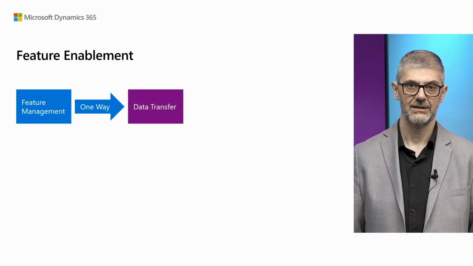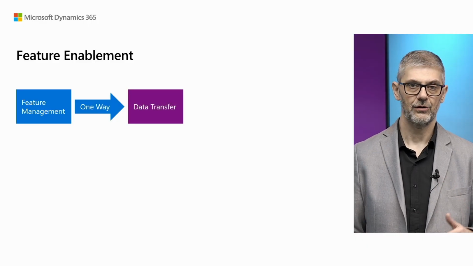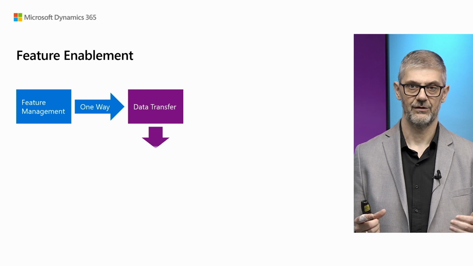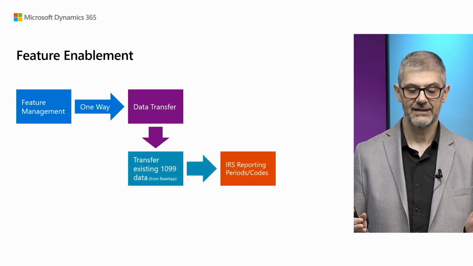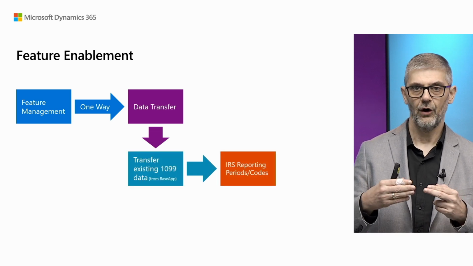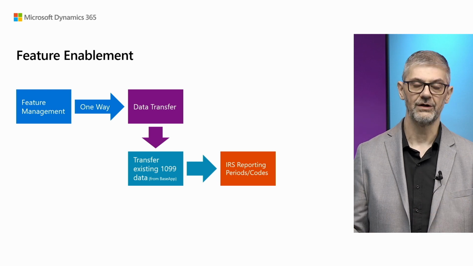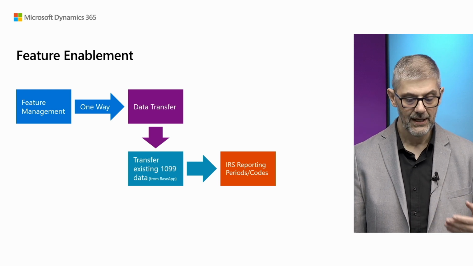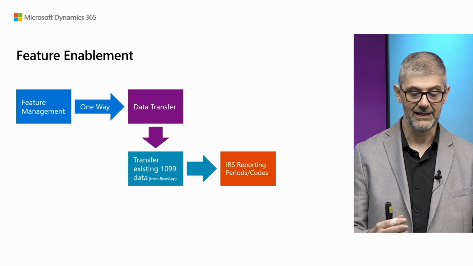Okay, let's briefly look at the main features and make an overview. Before I show you a few print screens, I want to show you how you can enable this functionality. When you start with feature management, this is only a one-way process. Once you start, you first have to choose data transfer, and data transfer will offer you two options. First, if you are already a user, using Business Central, you can choose to transfer existing 1099 data from